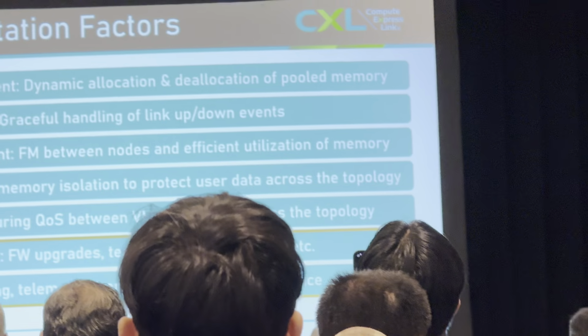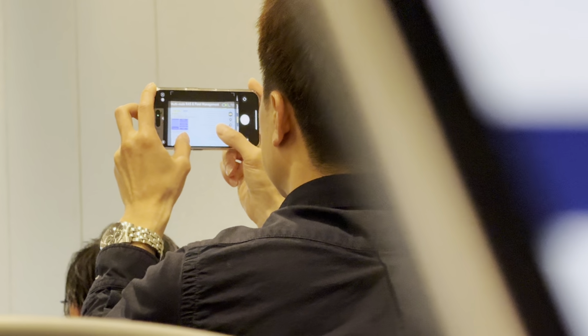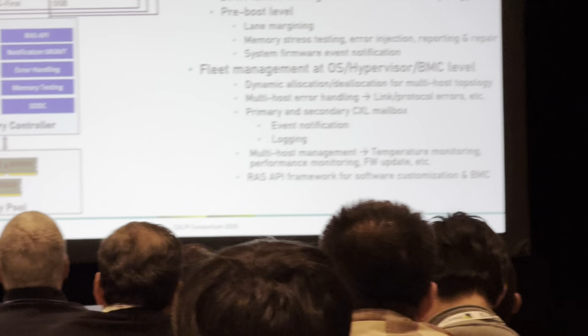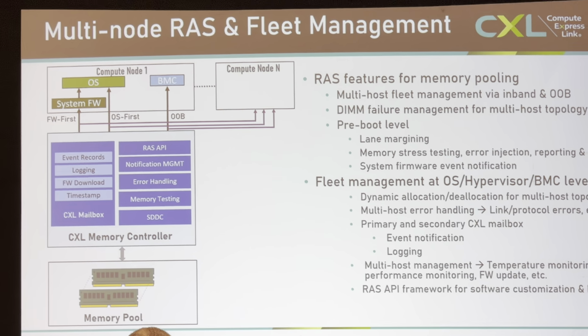In the interest of time, I'll double down on fleet and RAS management just to give you an overview of how we can leverage the existing memory expansion use case infrastructure and what we need to enhance further for memory pooling use cases. So if you focus on the block diagram here, the first thing I want to mention is what we can reuse for memory expansion use cases. An example of that is all the communication methods that we currently have built out, whether it's in-band or out-of-band, using spec defined firmware first or OS first mechanisms or out-of-band mechanisms using CCI, all this can be leveraged